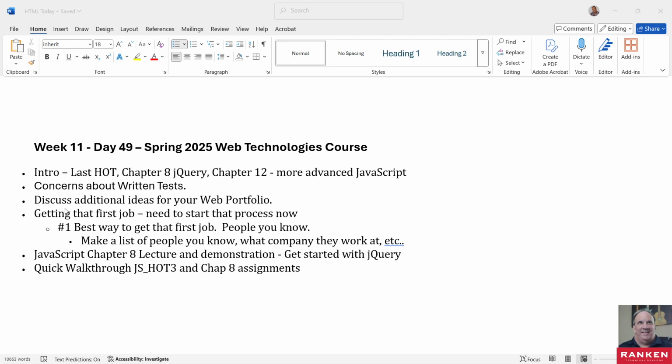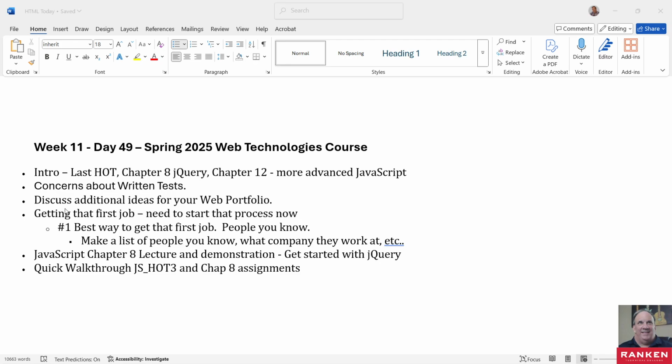And then as far as the portfolios themselves, really spend time on this web portfolio, even though this assignment's done. I know we're always cramped for time when we get the assignment done, and that's great. You need to do what you need to do. But you need to spend additional time on this going forward, think about it a lot, and think about some things you can put on there. One idea is, if you can find some friends or family or anybody who may want their own little portfolio website built,